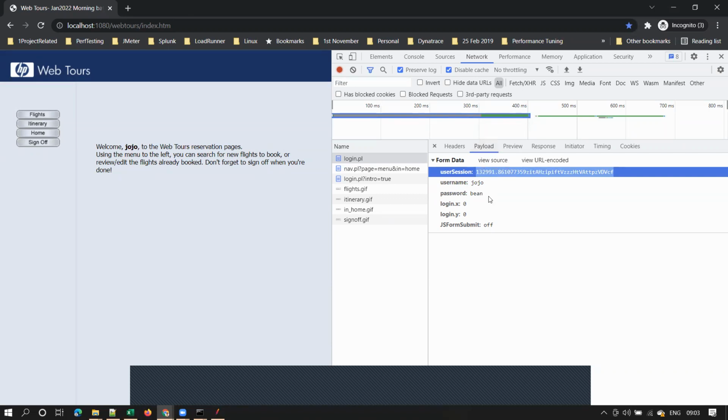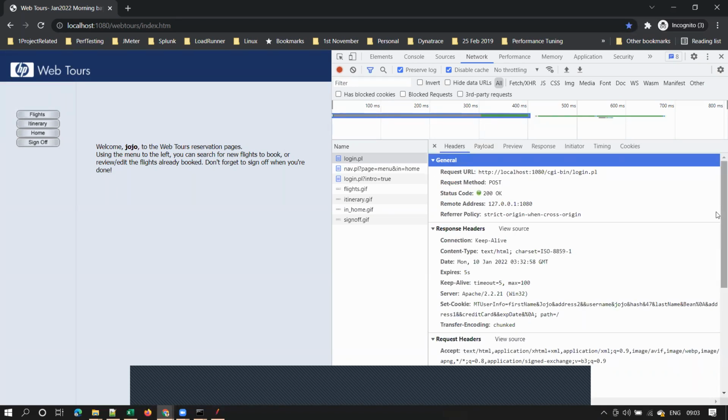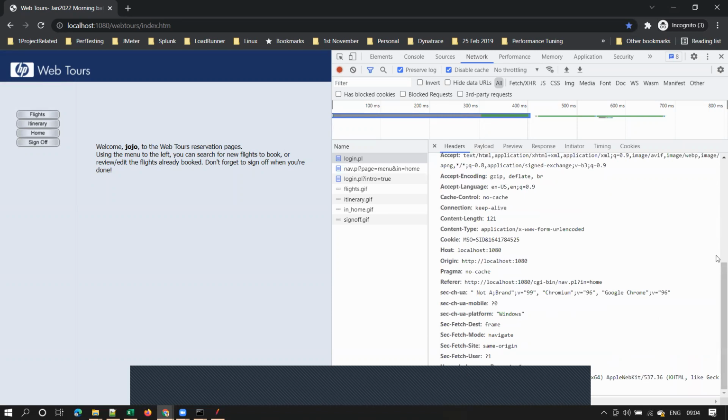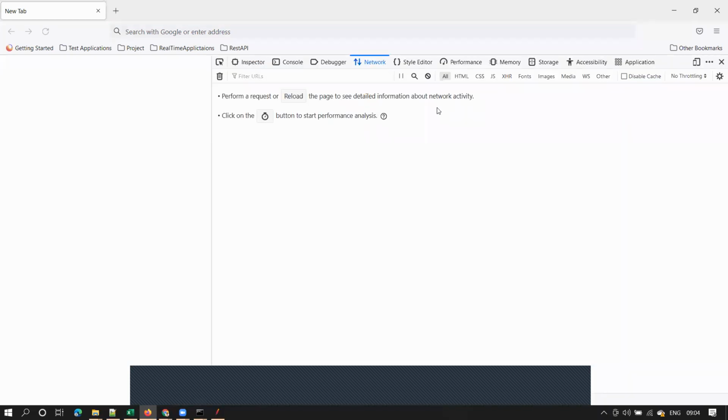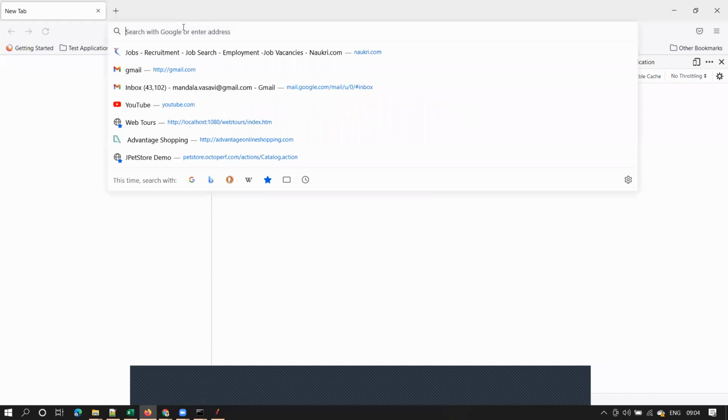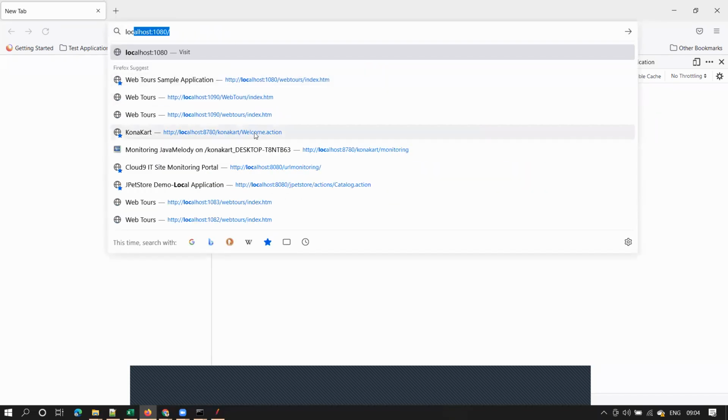I don't know why they changed. Previously, there used to be one tab here, request body, and it used to show there itself. But this payload term has become more popular in API testing and all this. That's why they updated it in the browser. Also, let me try to show you some other browser. Let me open developer tools. I think these Firefox guys did not update the term.